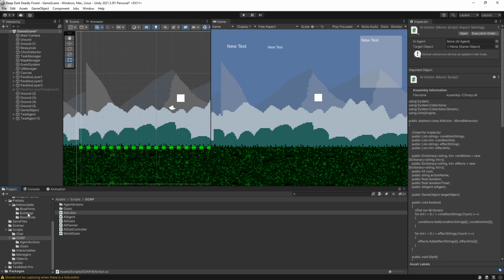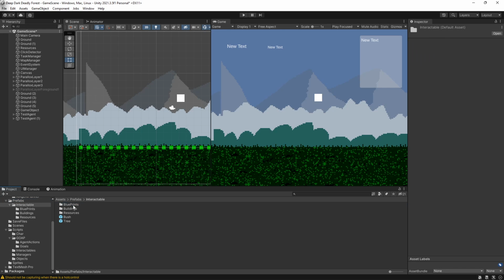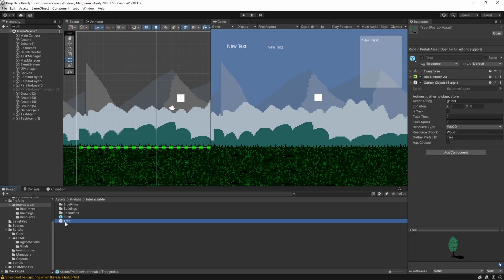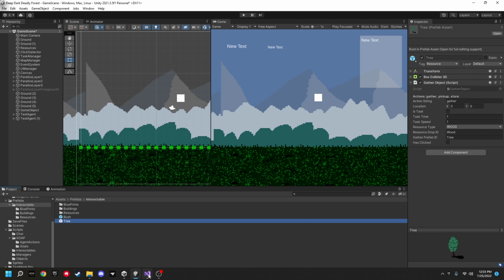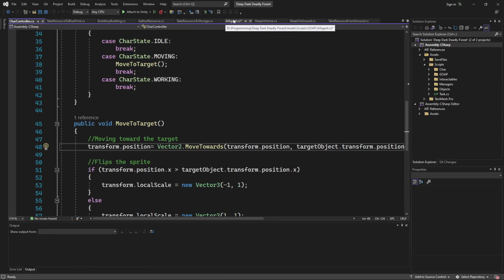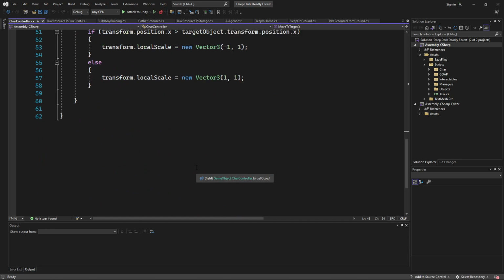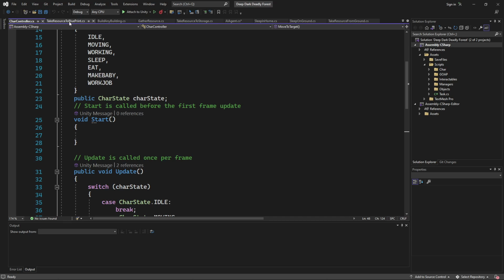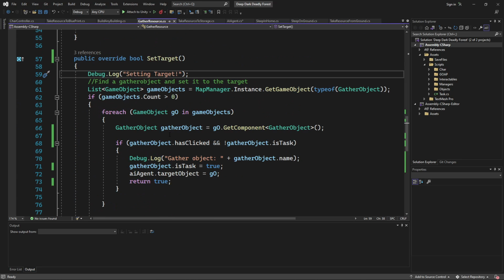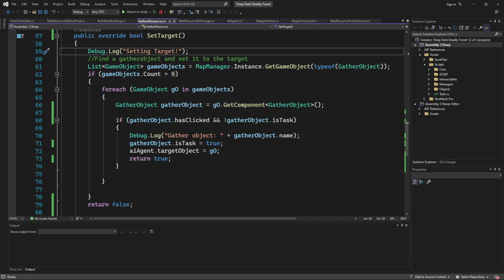Let's go to our prefabs. Interactables. Tree. Is task is false. Okay, I think I'm getting these backwards. Let's go back to our, let's see. If it's not task, is task is true.